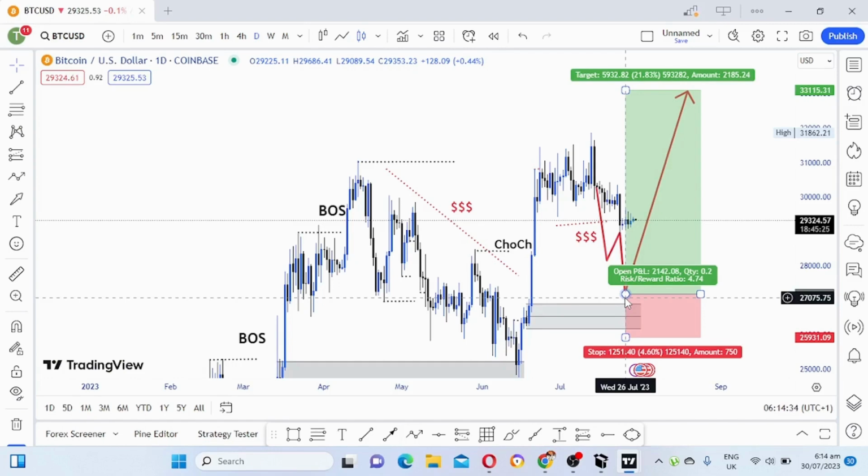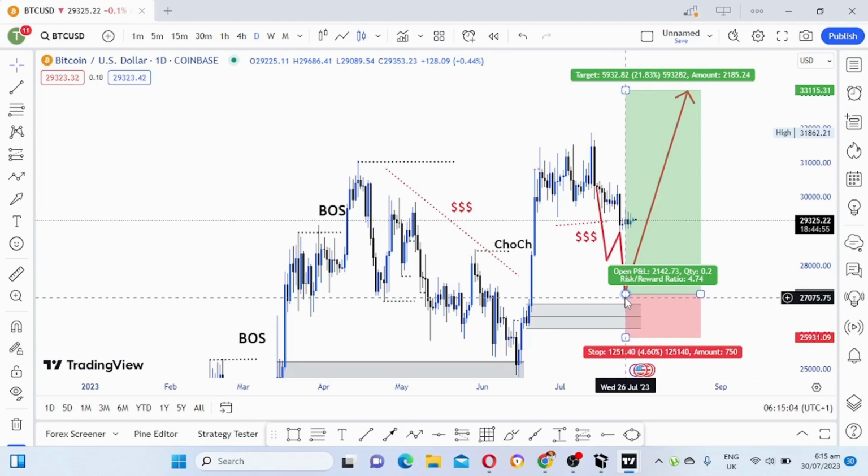So there are two entries that I focus on: a confirmation entry and an aggressive entry. It's up to me to check which one is safer. The safest one is a confirmation entry, for the beginners. But the professional traders, we enter aggressively. We just wait for a candlestick pattern to happen at that zone and then we buy or we sell. So for you beginner traders, wait for a confirmation entry.